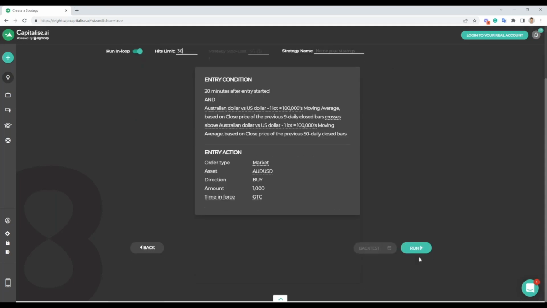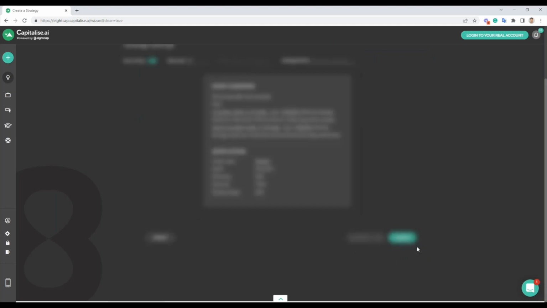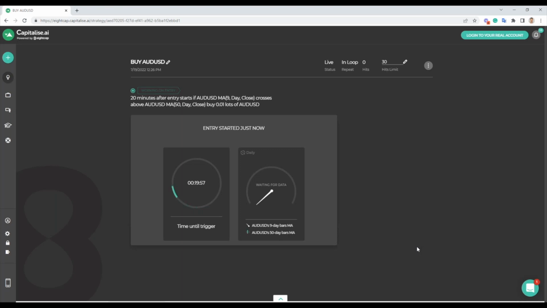And we can go ahead here and run the strategy. So here, when this condition is met, we're going to take the first 30 trades. We're going to average it out at 0.01 lots. We'll only have 30 trades of that. And then it will stop and you'll be notified of it.